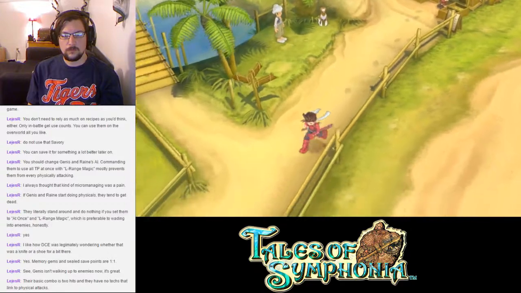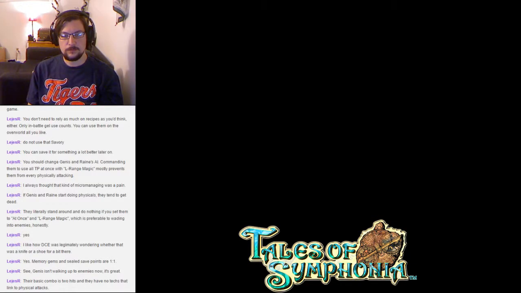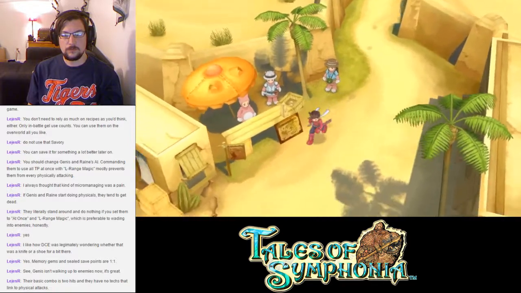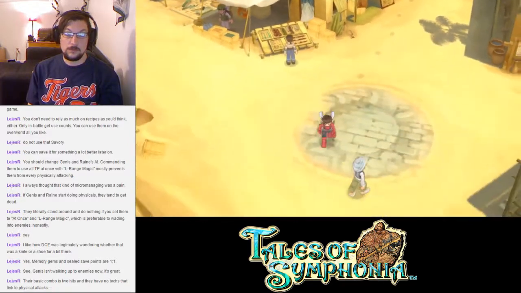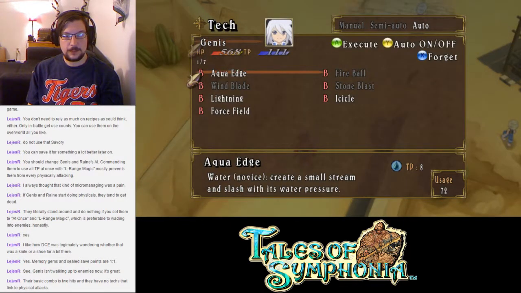Alright. Think you're ready? We'll see. Only way to find out. Yep. Genis is leaning pretty heavily onto the TP side right now. He sure is. He's gonna probably mix up his attacks again, so...